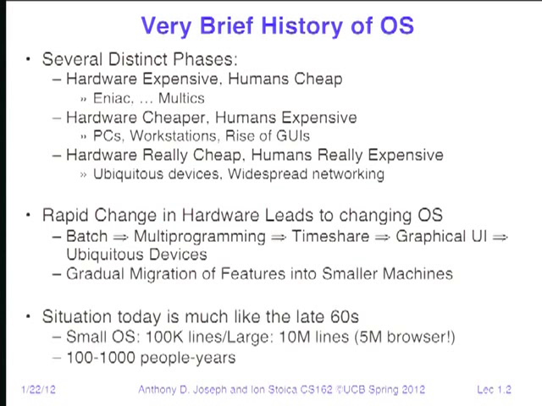A small operating system like, say, what runs in this projector is probably 10 to 100,000 lines worth of code. I'll bet that projector does Wi-Fi and it's networked and all these other great things. A large operating system could be tens of millions of lines of code. And the challenge here is that it takes a lot of people years, 100 to 1,000 people years, to develop